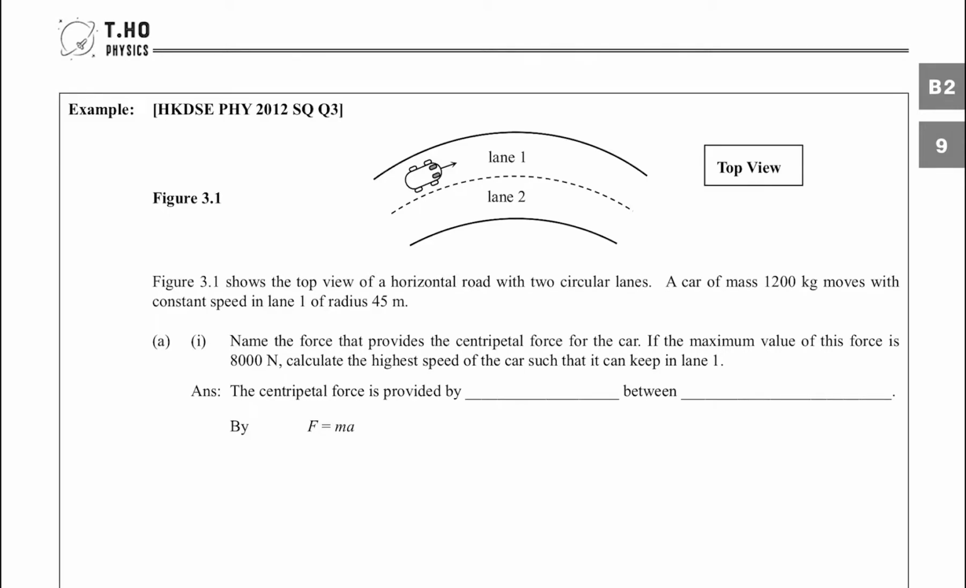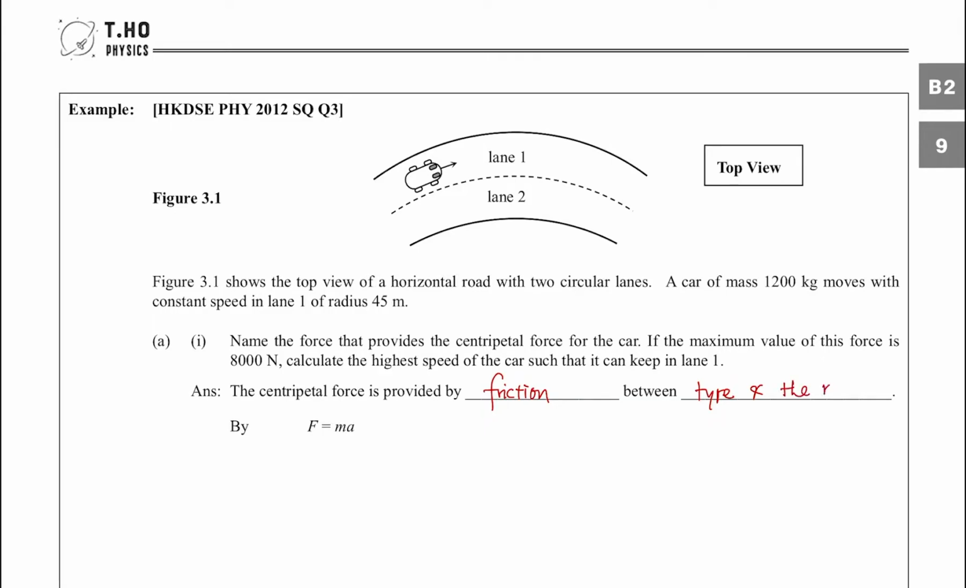Here we come to DSE Physics 2012 structured question 3. So we have a figure showing the top view of a road with a car driving on lane 1. And part A1 asks us about the force that provides the centripetal force. Who provides the centripetal force? The centripetal force is provided by the friction